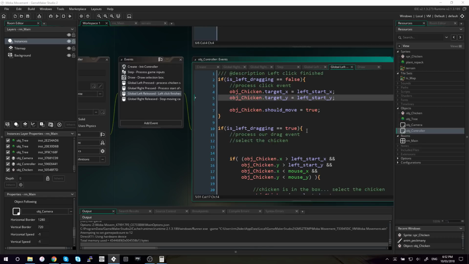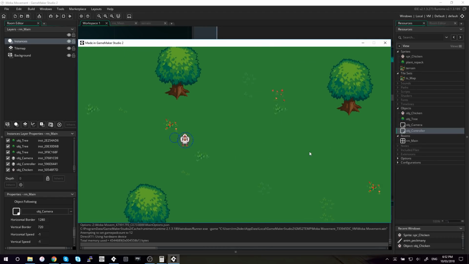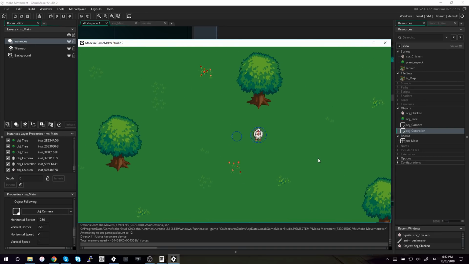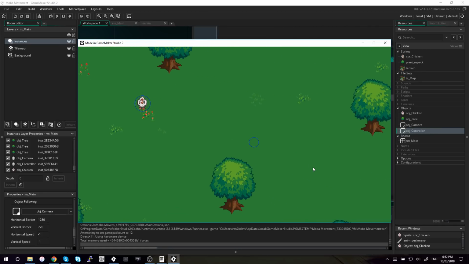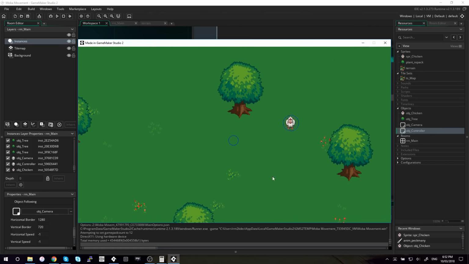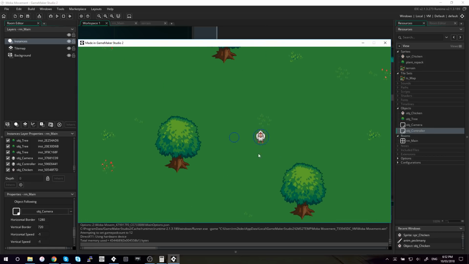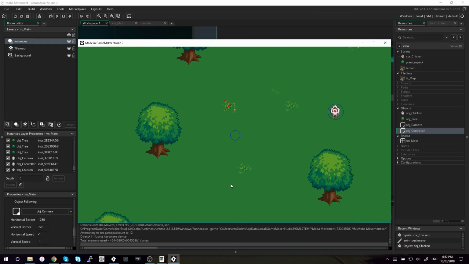Let's have a look and see. Can we move the chicken? Yes, we can move the chicken. Wonderful. We can select the chicken. I know this is really shoddy. It's more like chicken teleporting, but we can drag around the map now. I have set it really fast, and I didn't do a proper nice pixel by pixel movement, just to show you that we can